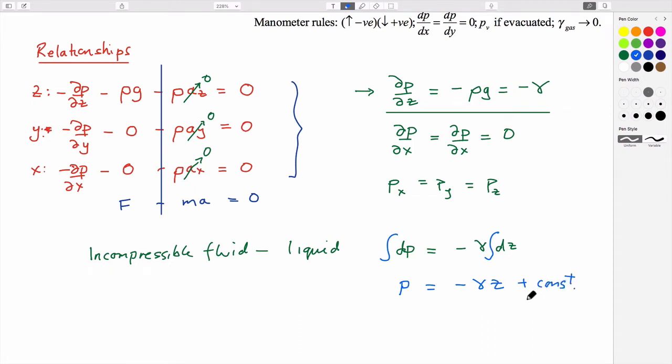We did it differently. We did it between limits, between points 1 and 2 last time, but this is the same way of doing it without limits. The units of this, from what we said before, have to be a pressure. And so this is just a pressure at some reference location, P0, that we choose. And so the consequence of this is that if we look at pressure distribution with depth, say below the surface of a fluid,